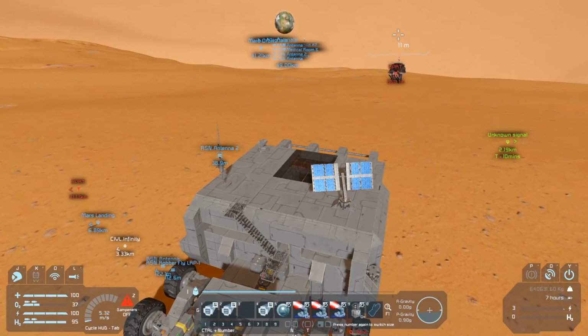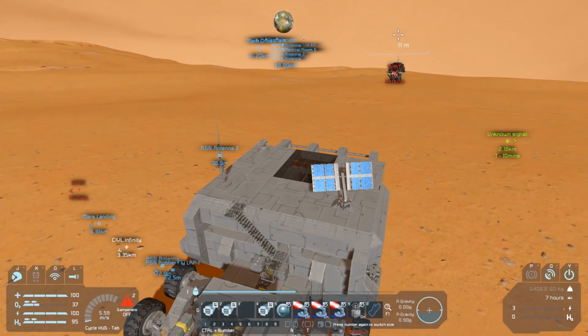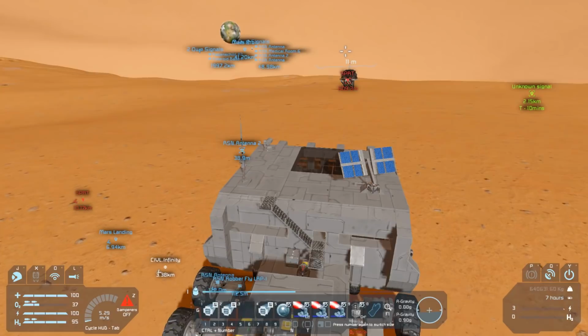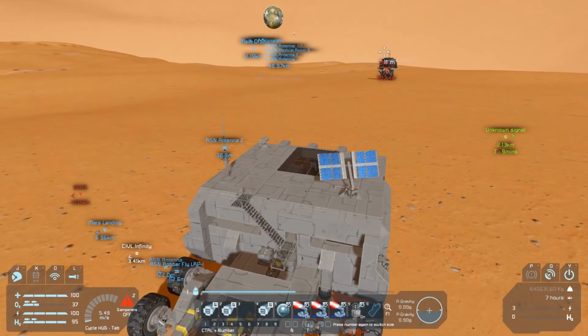I hope these things are set to not shoot at basically itself. That's stuff you can do with the turrets, I think. Set them to not shoot their own grids. I hope that's the case here. We will see, but